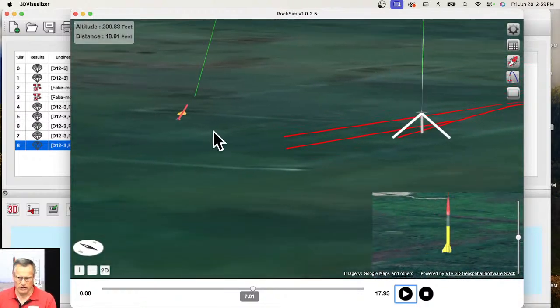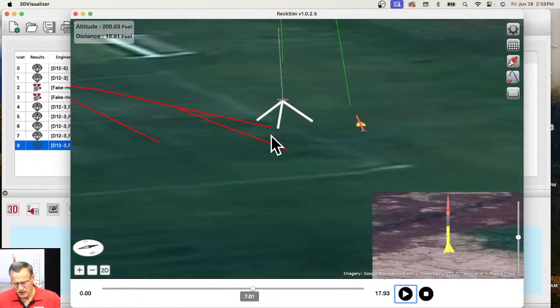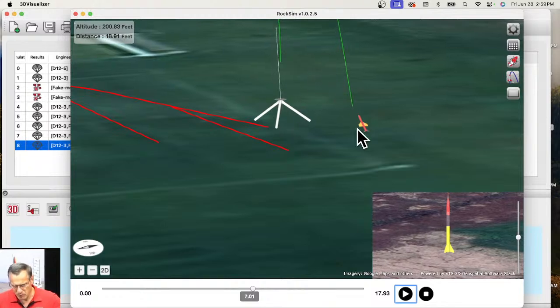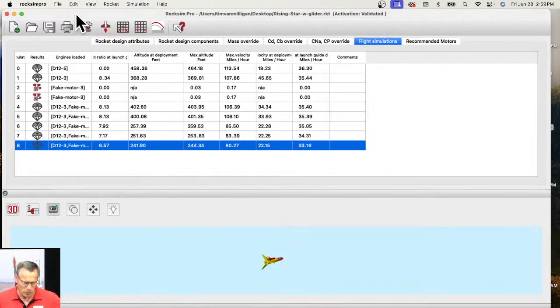Okay. Well, you see that glider is flying backwards. Oh, I was hoping it would work. Didn't work. It's really hard to compute all this. Anyway,